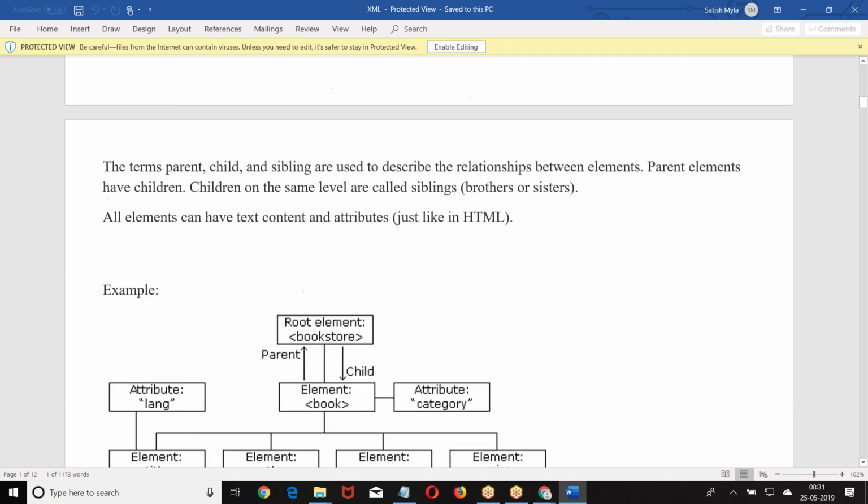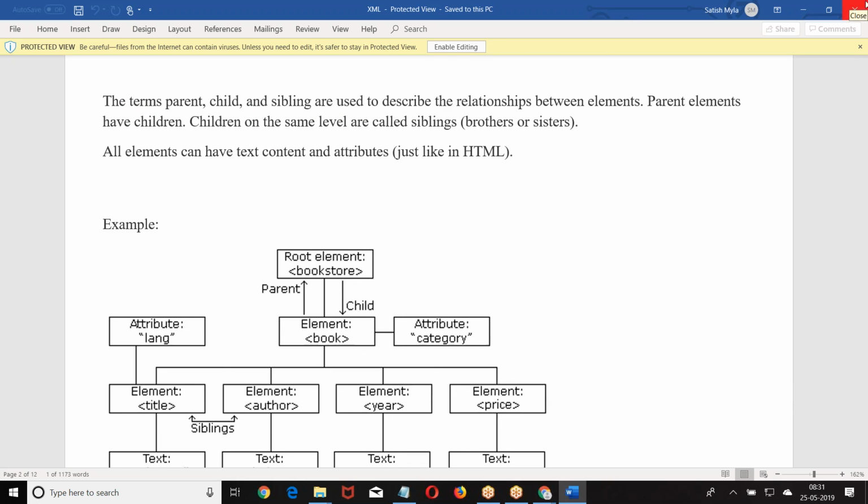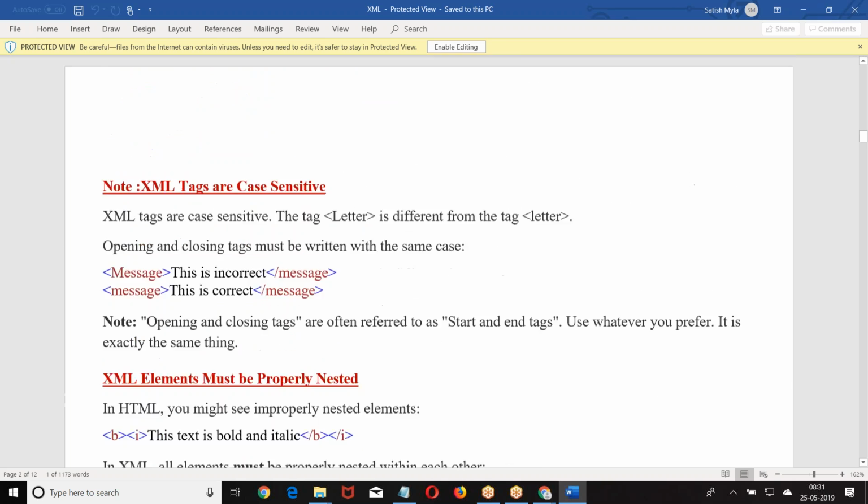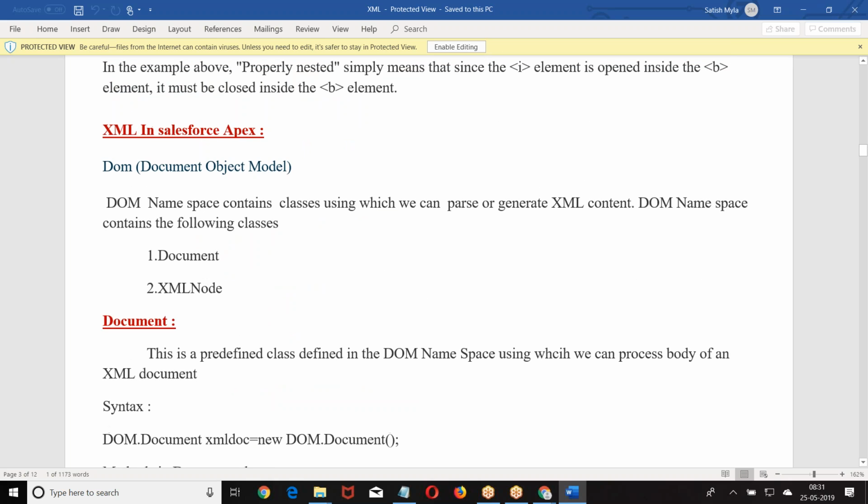I hope you are good with this example basically. Right. Now, come back to our basic Salesforce programming. Now, how are you going to define an XML file in Salesforce? An XML file in Salesforce is defined by using